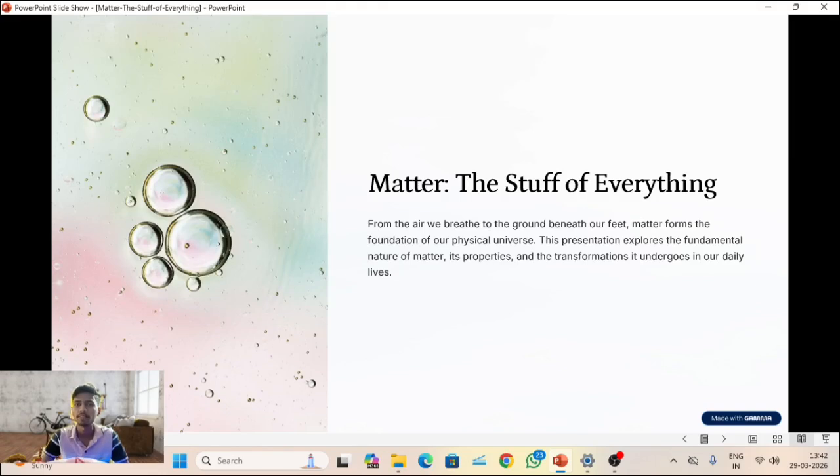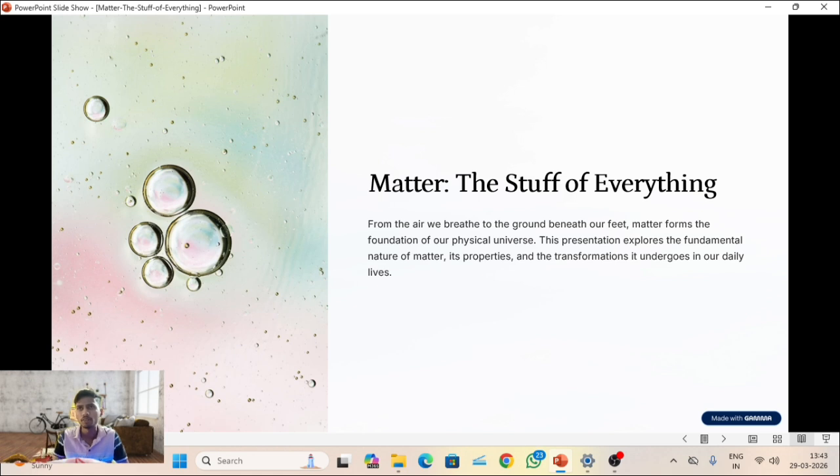हेलो स्टूडेंट्स। तो आज हम लोग पढ़ने वाले हैं एक नया टॉपिक जो कि है मैटर। तो मैटर होता क्या है? एनीथिंग अराउंड अस इज नोन एज मैटर। आइदर इट इज सॉलिड, लिक्विड और गैस। फ्रॉम एयर वी breathe to